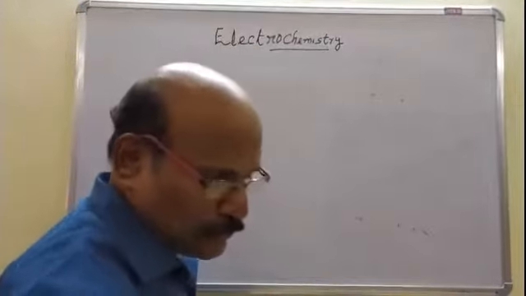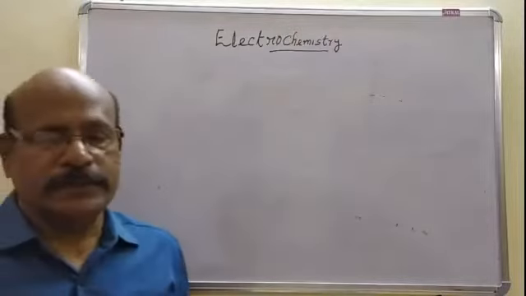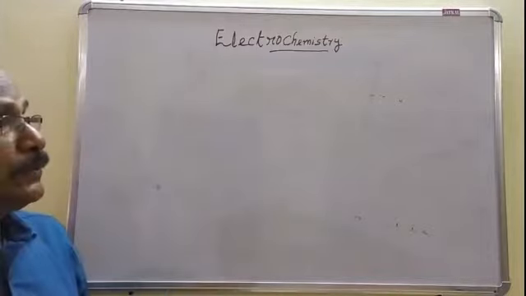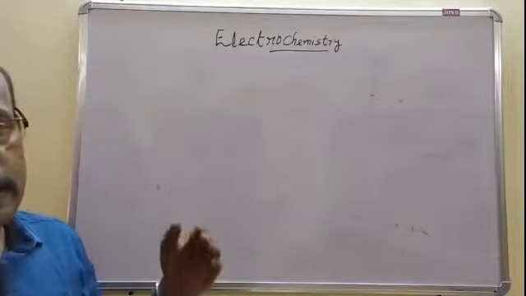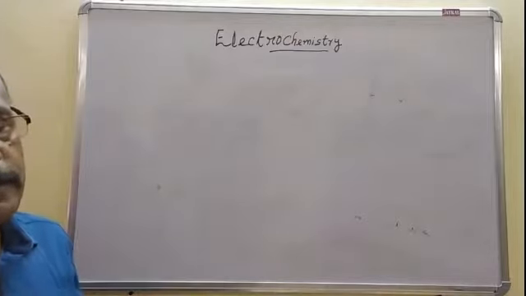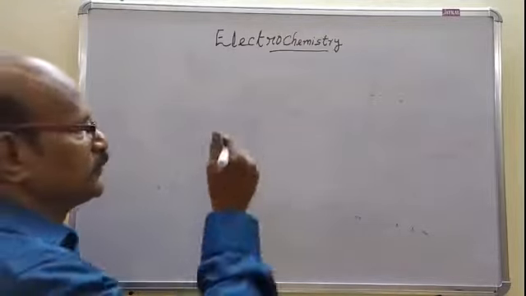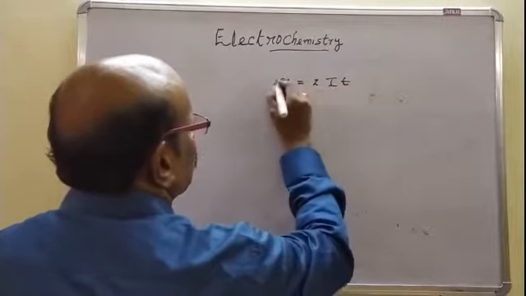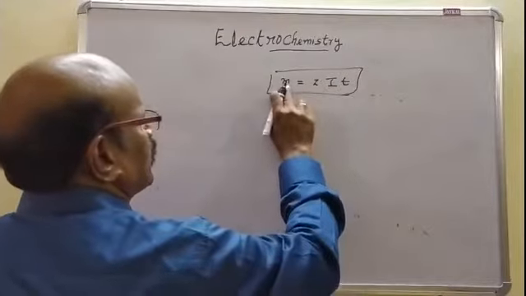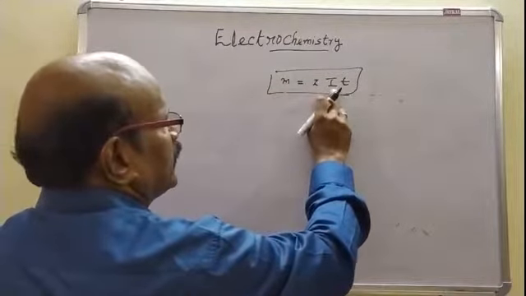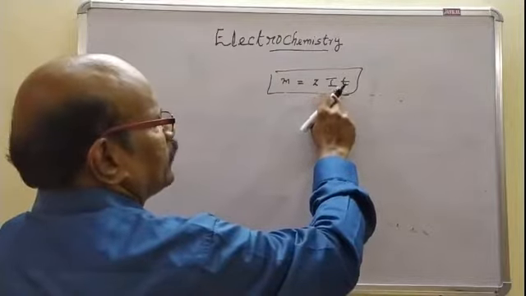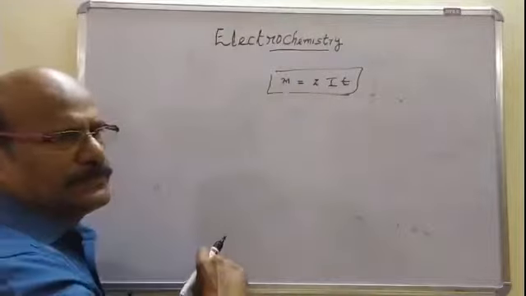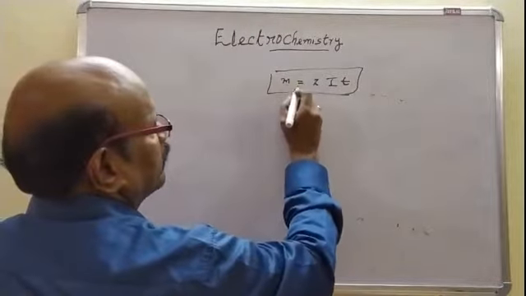So next we pass on to, okay, now we are going to the actual study of electrochemistry. Before that, go through the textbook and work out the problems based on Faraday's laws of electrolysis. The first equation, M is equal to Z into IT. Based on this equation, you can be asked to calculate the amount of the material produced by a particular current strength in ampere for so much time in minutes or seconds, and you are given Z. So you can calculate M. This is case 1. So the problem M can be calculated like this.